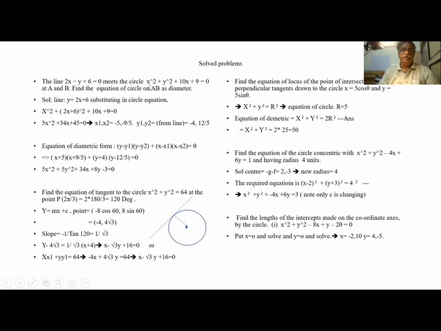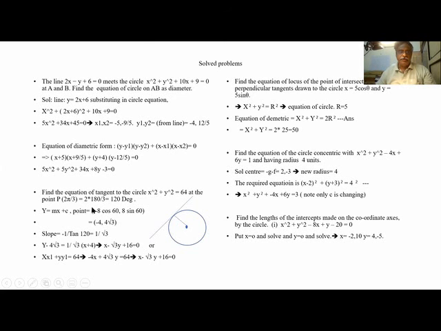So this line meets this circle at A and B, so it is a chord. Find the equation of the circle with AB as diameter. I have done this earlier also. I want the 2 points and I have the diametric form. I substitute y into x square, and I will get x1 x2 and y1 y2. So I will use my diametric form and get the equation. Simply, you have to solve these two for the 2 points common to both of them. It is like 2 equations for us.